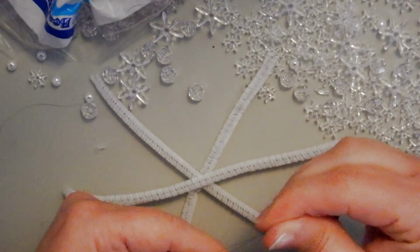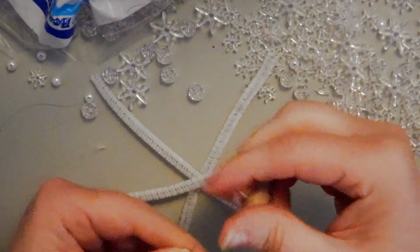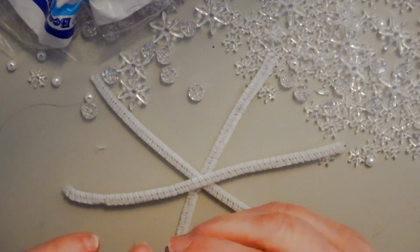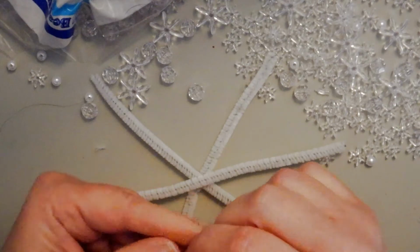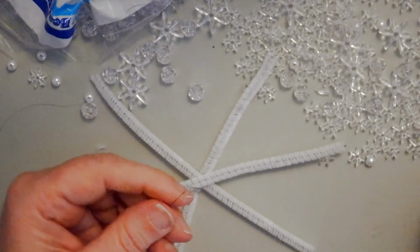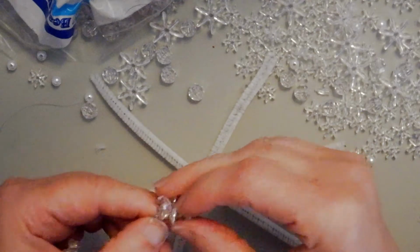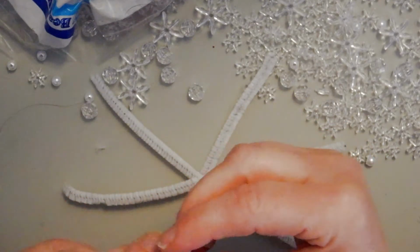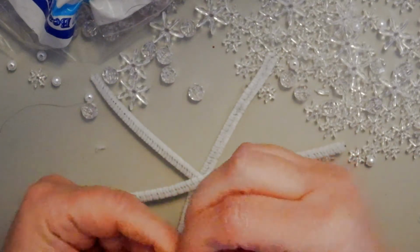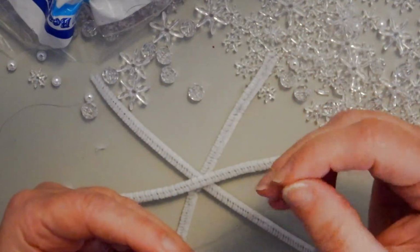And then I'm going to take a small snowflake bead, and I'm going to feed both ends of the wire through that. Okay, like that. And then I'm going to take a larger snowflake bead, also called sunburst beads. So I have it like that. Then I'm going to separate my wires,